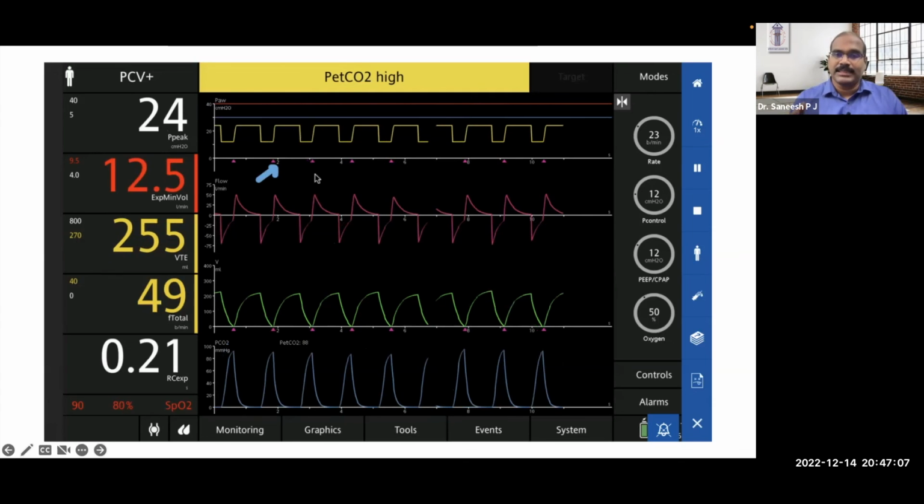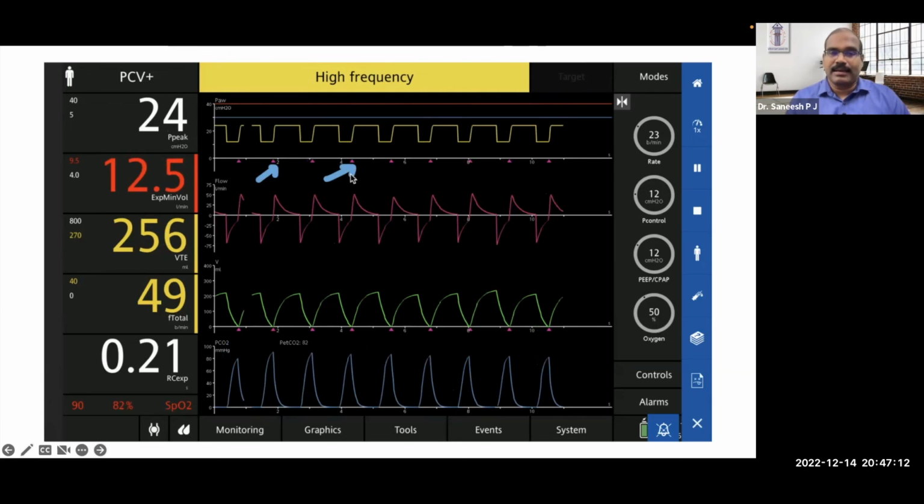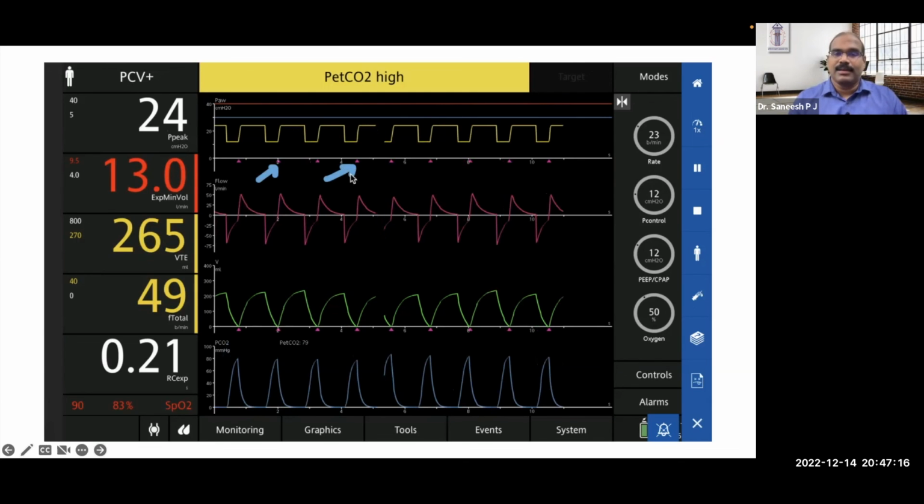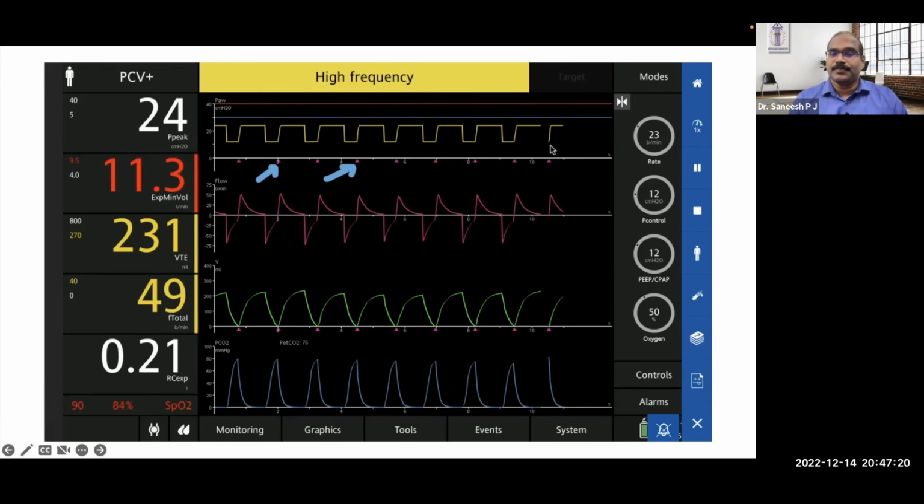Identify from these graphics, from the monitored values, look at the patient, look at your hemodynamic monitor, you get a holistic view,